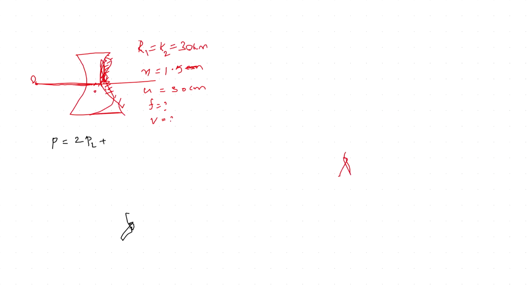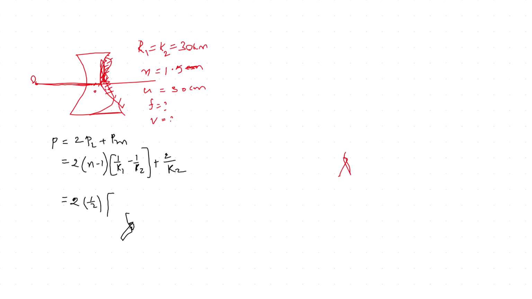So that is equal to 2 into n minus 1 into 1 by R1 minus 1 by R, plus the power of the mirror, 2 by R. So now substitute all the values. 2 into n minus 1, already we know 1.5 minus 1 is 1 by 2, into